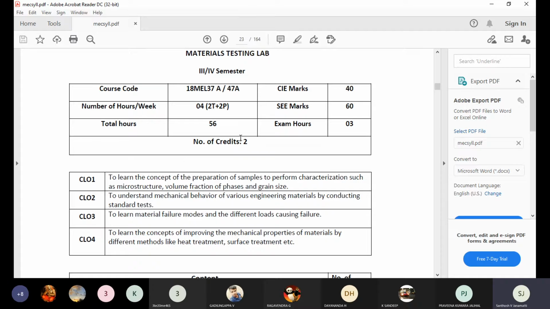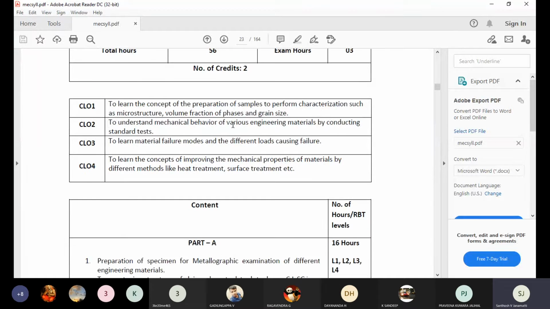Here you know very well about the CIE marks, meaning internal marks is 40 and external is 60. The course code is 18MEL37, not 37, because 37 is the previous semester. Now it is 47A. These are the